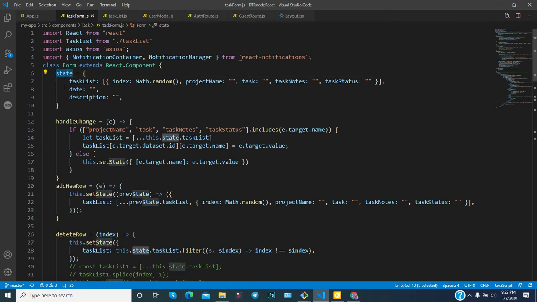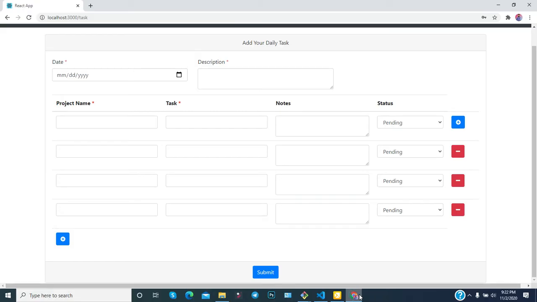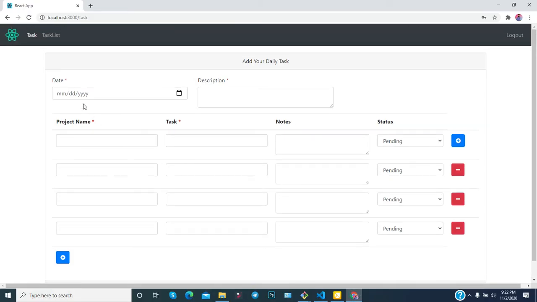And this is the state. State is the object we are going to use. In this particular state object, you can notice that this is one field and this is another field, and this field is like an array.